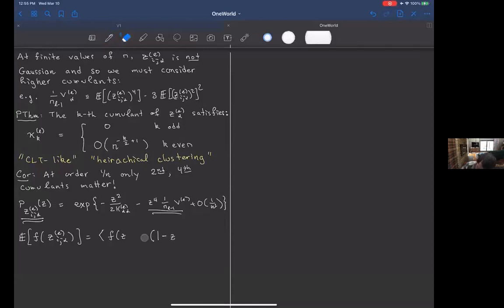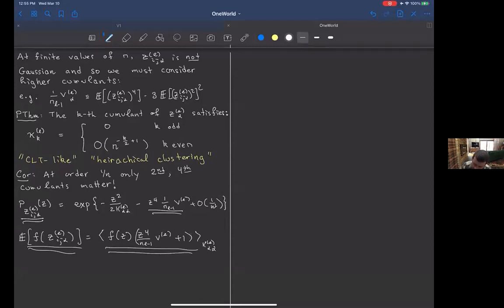Let me just call this a z here, so I don't have to keep writing that. So I should get z to the fourth over n^(L-1) times V^L, plus 1, Gaussian expectation with respect to just this measure. So this is really a perturbation theory in which full expectations with respect to your non-Gaussian measure are written as integrals against your Gaussian, but you have to perturb the observable or the function you're trying to integrate. There's a 1 over n correction. That's the kind of thing I'm saying. So this really lets you do various fun calculations.